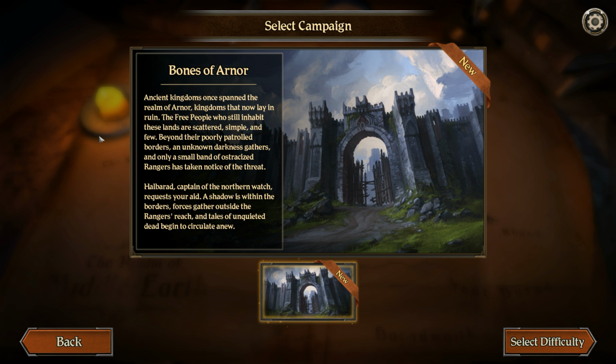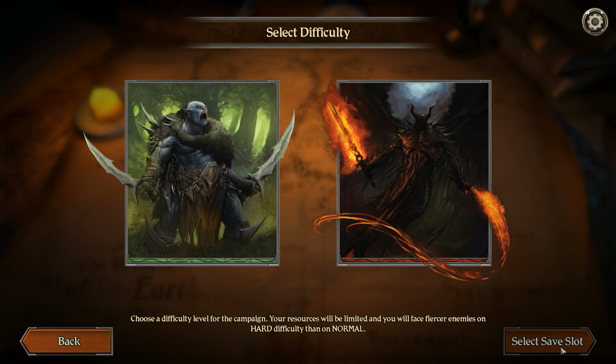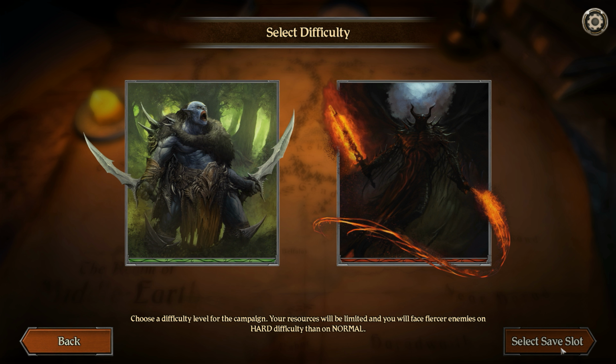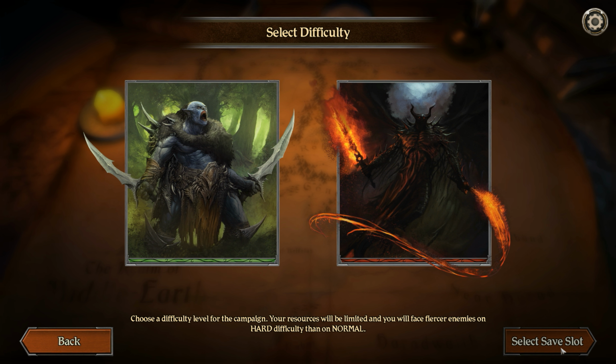So we're going to go ahead now and move into selecting our difficulty for the campaign. As you can see on screen here, we have two major options. One is normal and one is hard. Normal's on the left, hard's on the right, kind of depicted by the characters also representing them as well. You can see here if we click on the left-hand side,